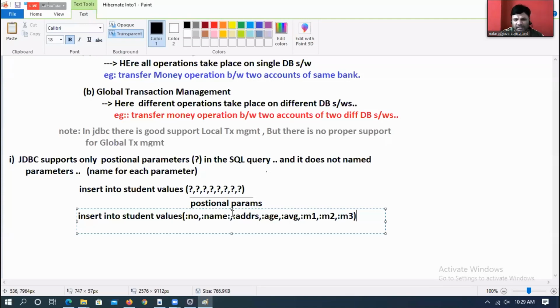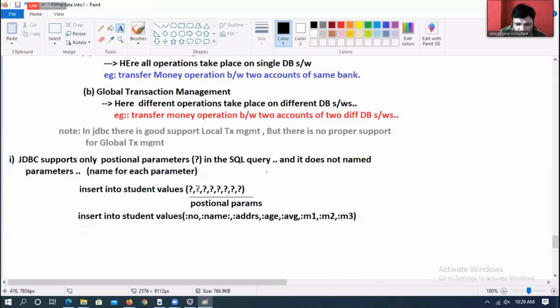Now tell me, is setting values to these 7 question marks by identifying their indexes easier, or setting values by column name? Setting values by name is easier. Are you understanding my point?